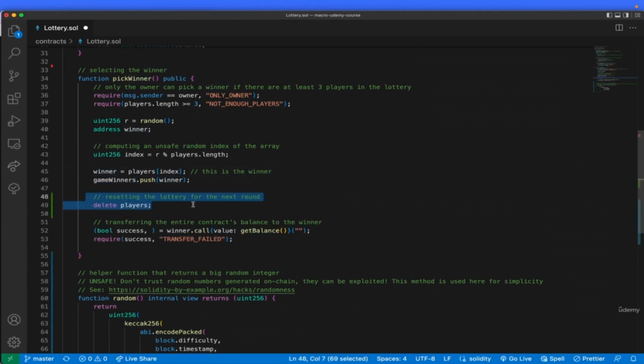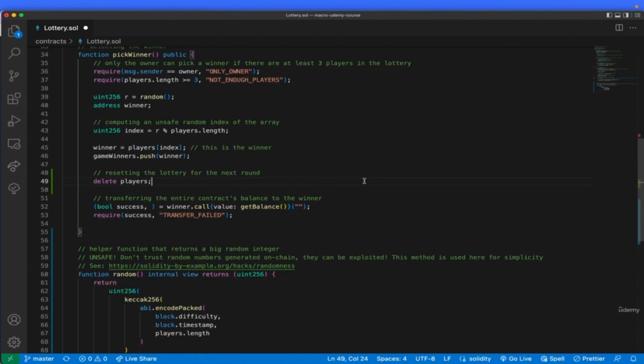Then we will reset the lottery for the next round by calling delete players, which will delete the players array. Calling delete players will remove all of the elements from the array and reset the length of the array to 0. Next, we will transfer the entire contract balance to the winner. We will use the .call method on our winner's address and pass in a value of our getBalance function, which we know returns the value of this contract. Finally, we will require that the return value of our call is successful. Otherwise, we will revert the